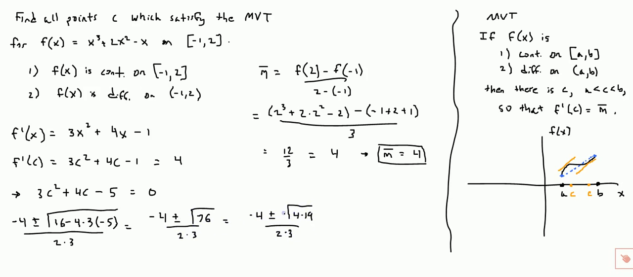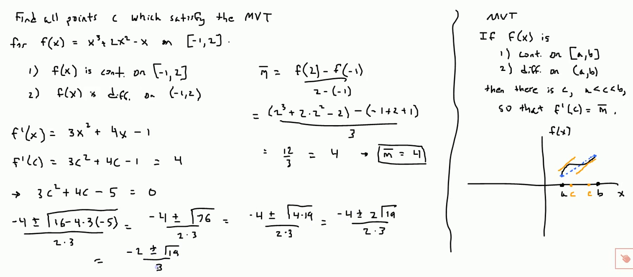So I can pull a 4 out. Negative 4 plus or minus 2 root 19, divided by 2 times 3. And I can pull a 2 out of the top. Negative 2 plus or minus root 19, divided by 3. So I pulled out a 2, and then I canceled the 2 on the bottom with the 2 on the top. And so if we took the negative portion, it would be negative 2 minus root 19